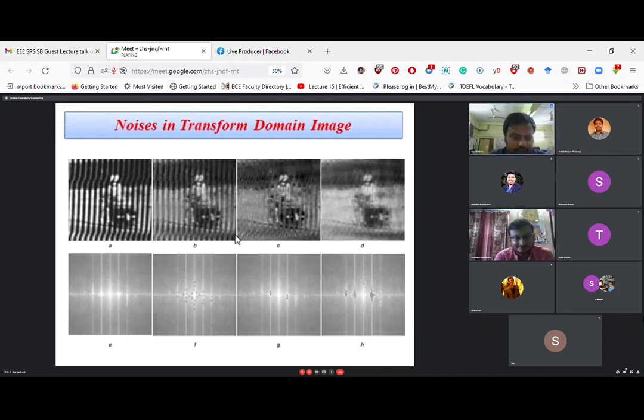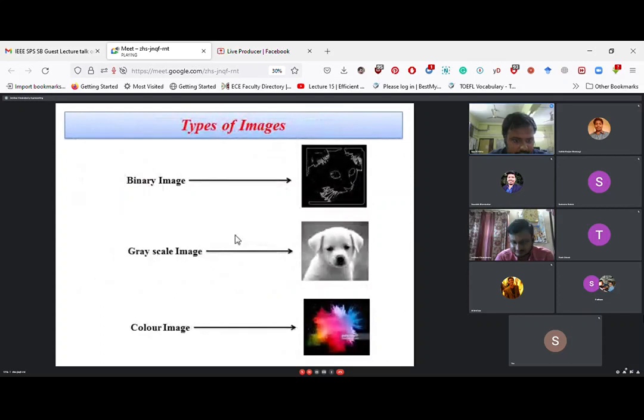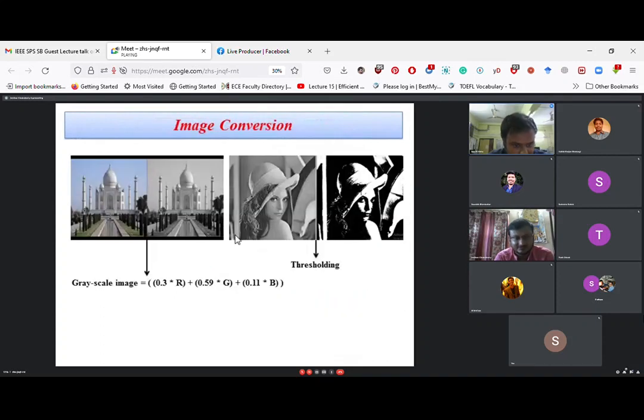And one more question I had: in that slide where you showed the conversion from RGB to grayscale images, you were giving a little more emphasis to the green, 0.6. Yes, because green is for human perception. This whole equation is based on human eye perception. In the retina, green affects more.